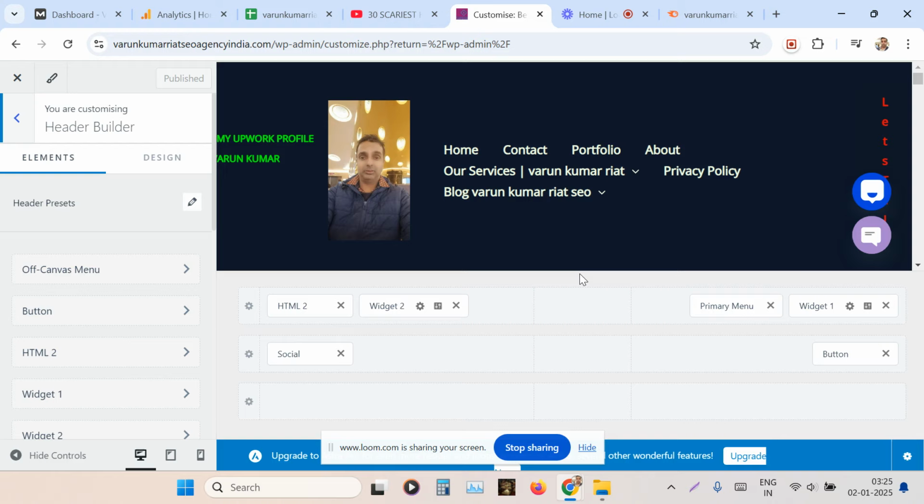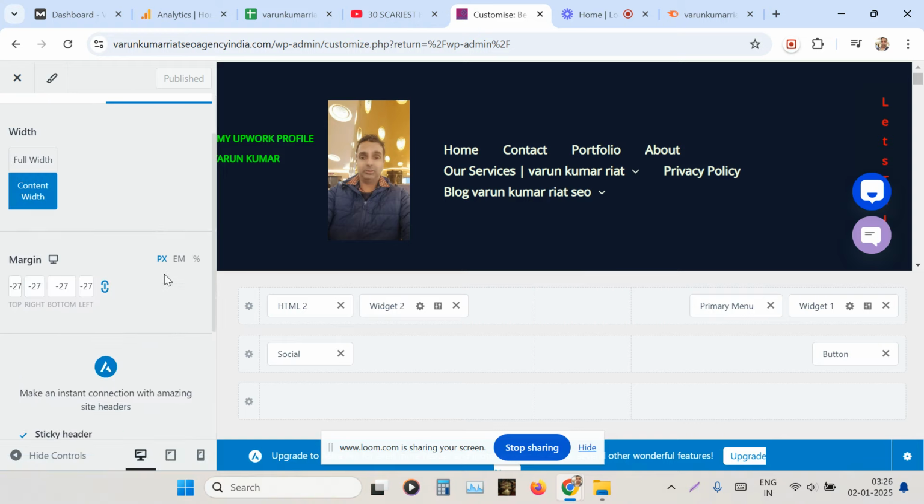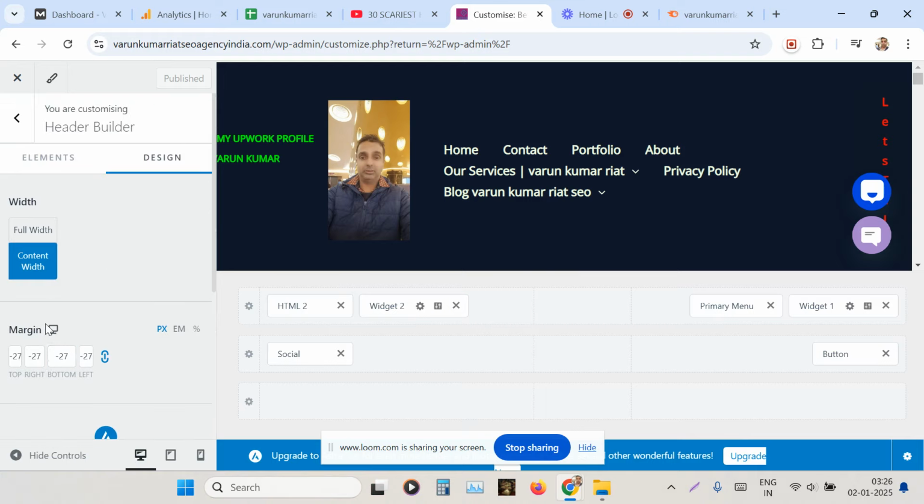So guys, we come over here, and I show you that this is the design, and over here we go to the margin option. Here the margin is minus 27. So if I remove this and publish it,